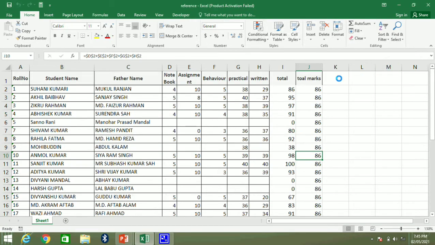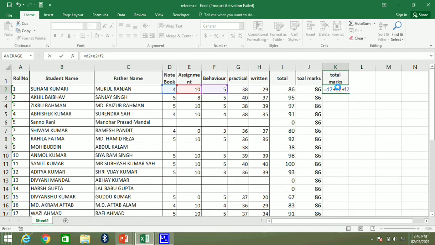We will write here total marks, the third total marks, for the mixed cell reference, and we will type the dollar sign on some portion and some portion without the dollar sign. So it will be a combination of relative and absolute cell reference. We will write equal to D2 plus E2 plus F2.